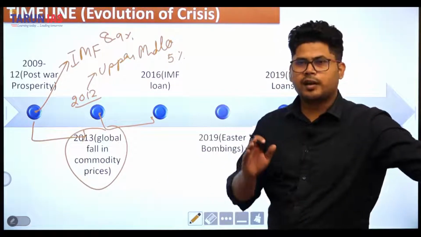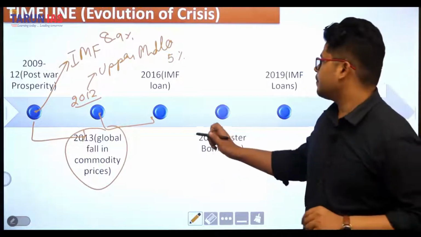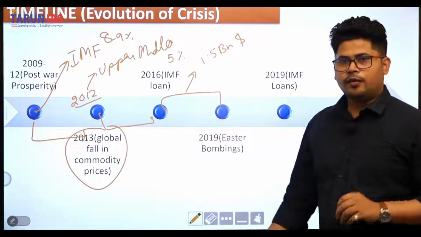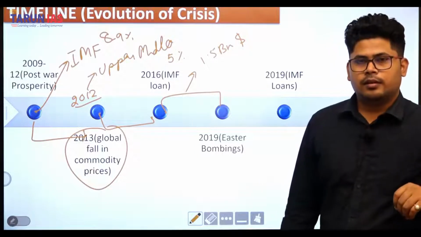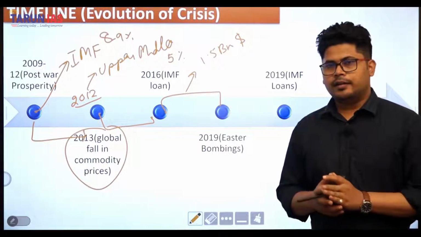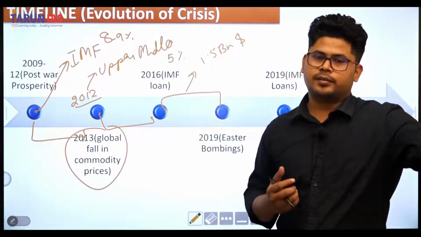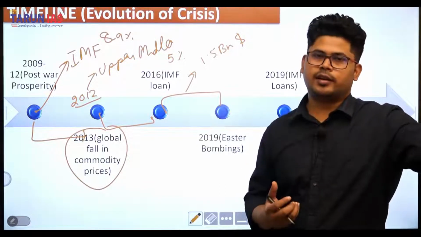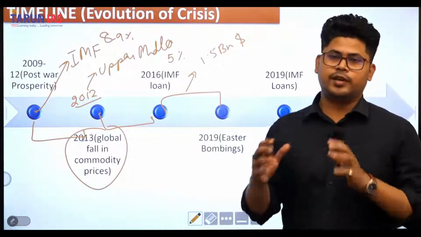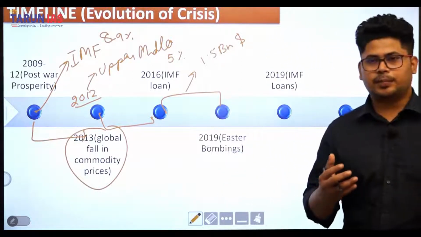So in 2016, Sri Lanka again went to the IMF, and they took a loan of $1.5 billion for the period of 2016 to 2019. When you go to the IMF, they extend you a loan, but they also put certain conditions while extending the loan. Like when India went to the IMF in 1991, the IMF put the condition that India will open up its market and deregulate the public sector. Basically what the IMF does is direct the finance minister or the government to take such actions so that the economy gets opened up, competition starts,